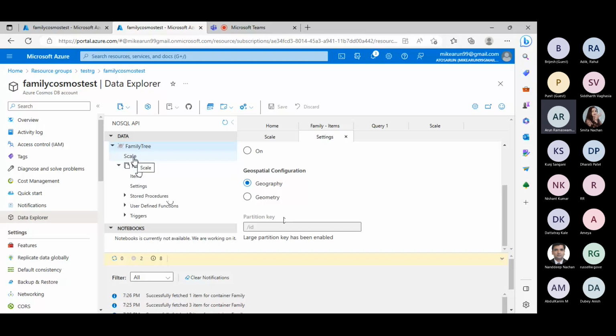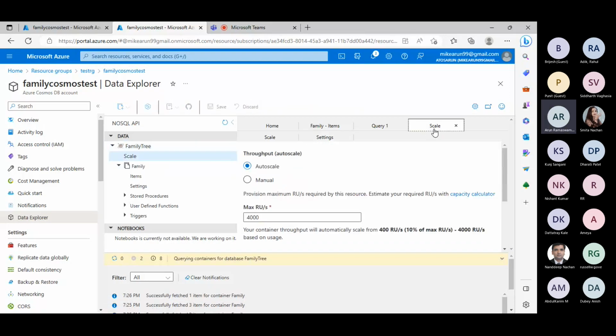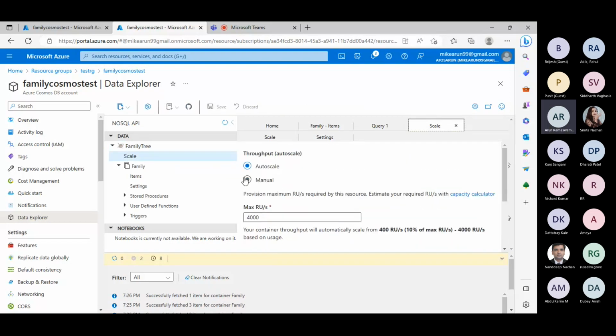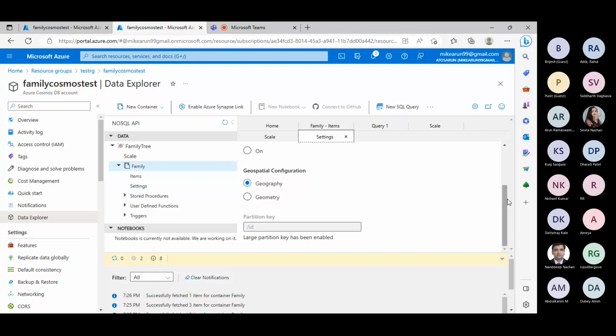Now let me come to scale here. It's important. Auto scaling, manual scaling, yeah, that's done. And what else should I show? Yeah,